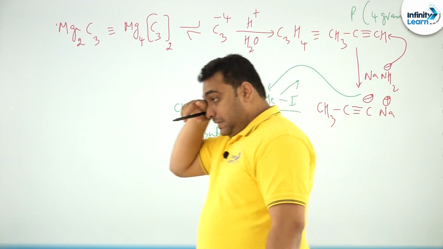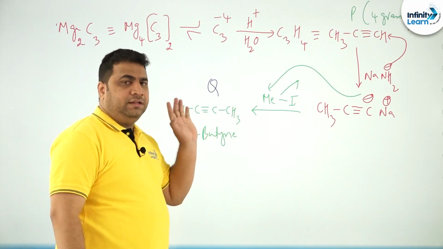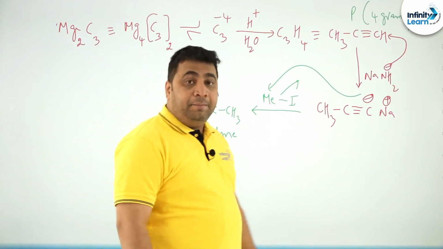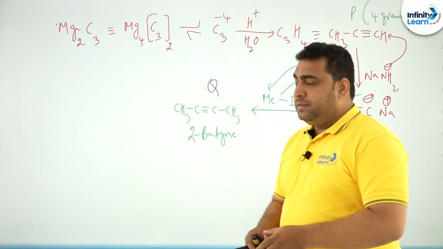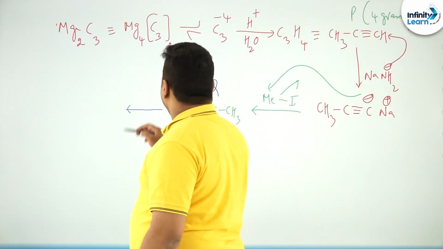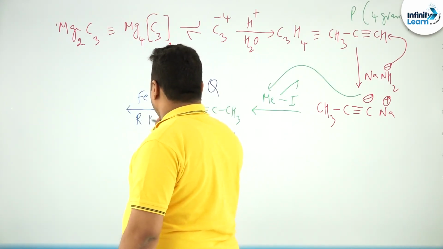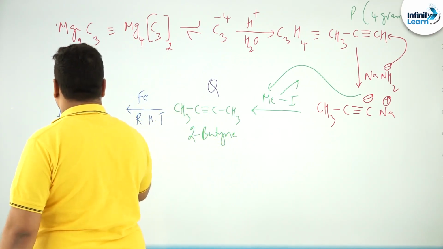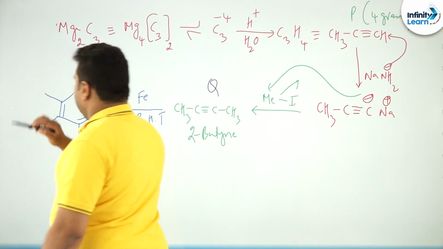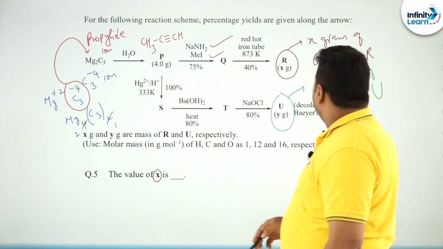Now, all of you remember one small thing: imagine that in place of methyl, hydrogens are there, and you pass it through a red hot copper or iron tube. What are you going to get? Benzene, correct? Therefore, here he gave butyne, and he said iron or copper tube, a red hot tube. So, here you are going to get what compound, dear students? In place of hydrogen, what did you take? Methyl. So, here you are going to get methyls everywhere.